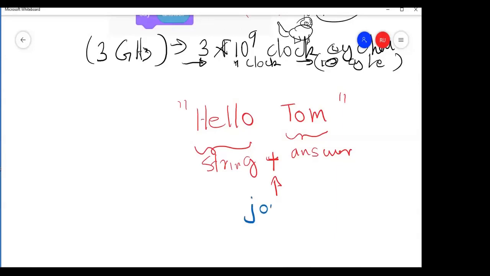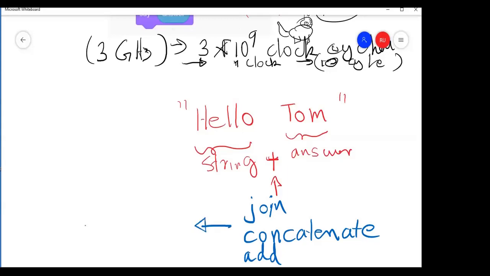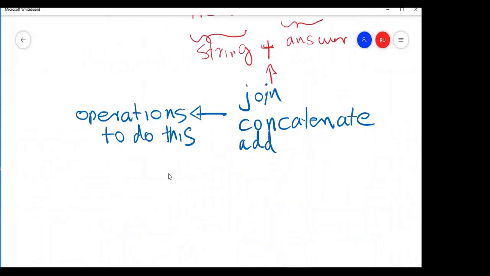We can use join, sometimes we use concatenate, or we can say add two strings. So one is the answer, the other one is hello. You have to use some operation to do this. Most programming languages give us an operator or some function to do this.